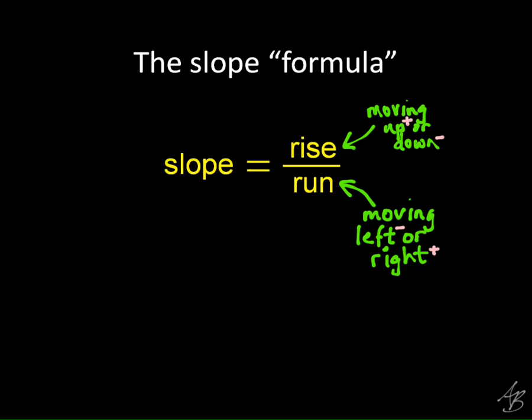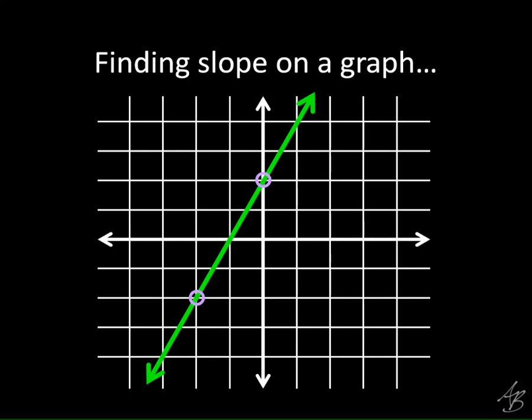All right, so after all that talk, let's put it to some work here. So what we're going to do is find the slope of this line right here. We're going to give you a line on a graph, on a coordinate plane, and we're going to try to find the slope of that line. So we want to know, using the slope, how steep the line is, and we want to know what direction it's going, whether it's going in a positive direction or a negative direction.